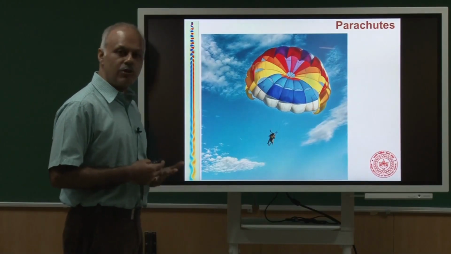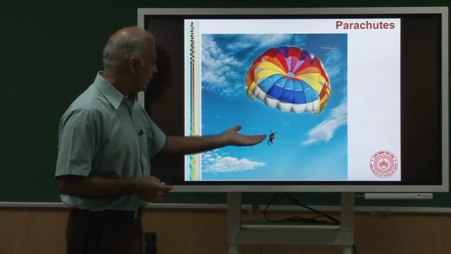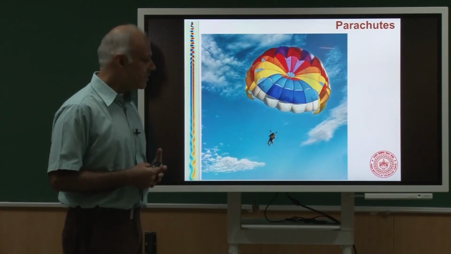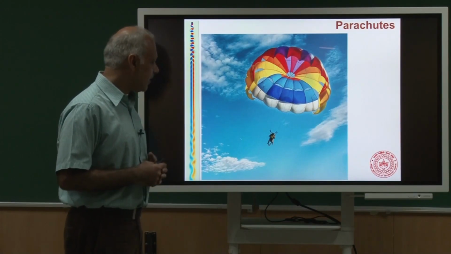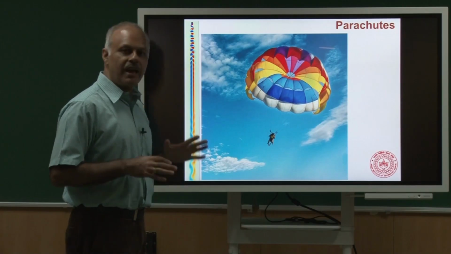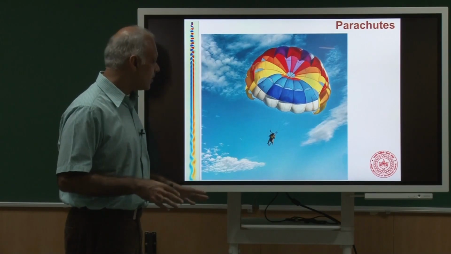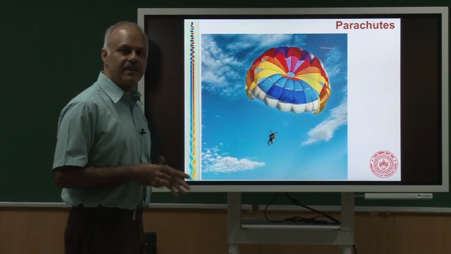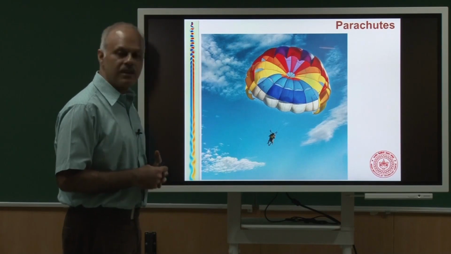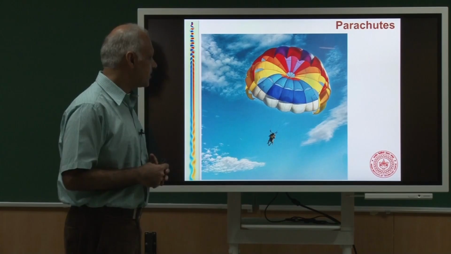Sometimes you would like to slow yourself down, not just fly at a large speed, and here is another example, a parachute. So, there is this paratrooper who probably has been ejected from an aircraft, or maybe he is doing some kind of skydiving, and he just opens a parachute and would like to achieve a terminal speed which is small enough that when he lands on the ground, it is safe to take that shock on his legs. So, you would like to design a large enough parachute which actually would slow the person down sufficiently.